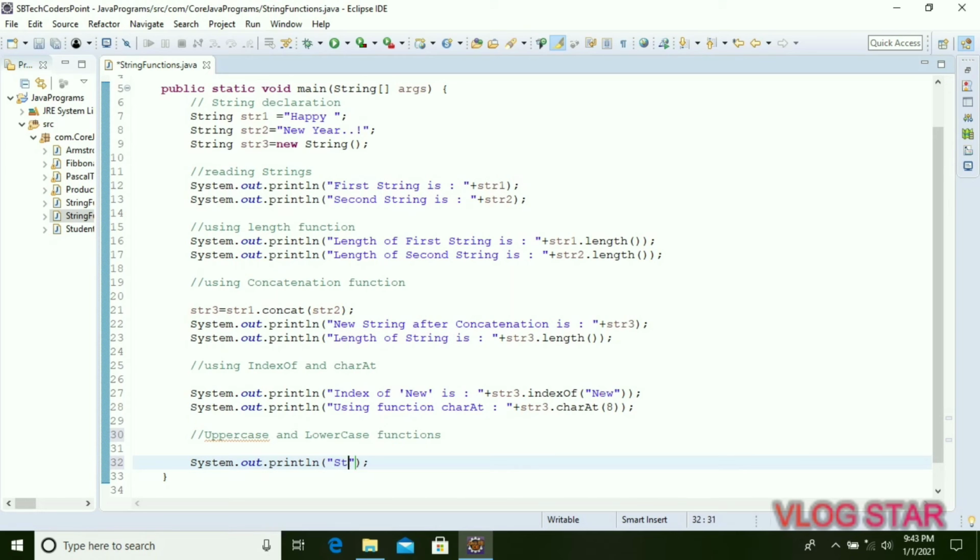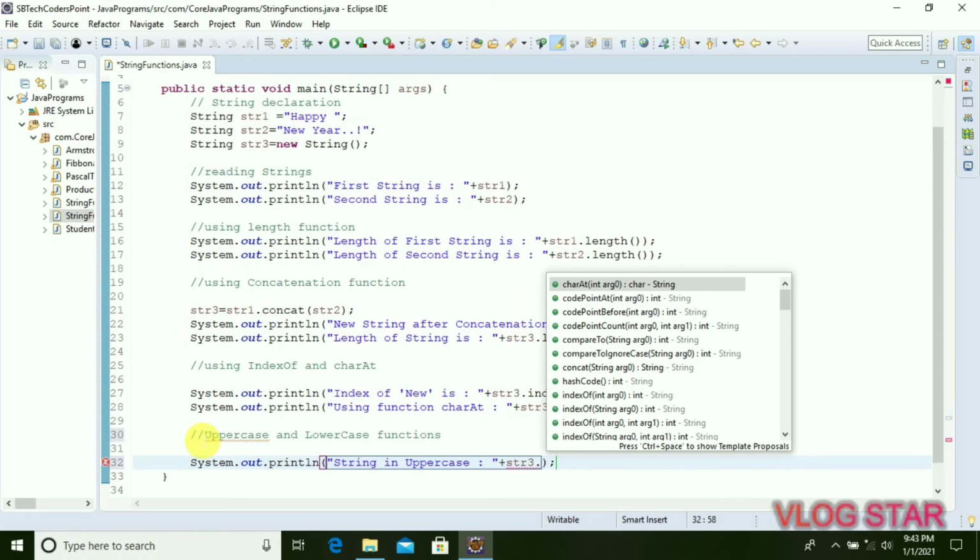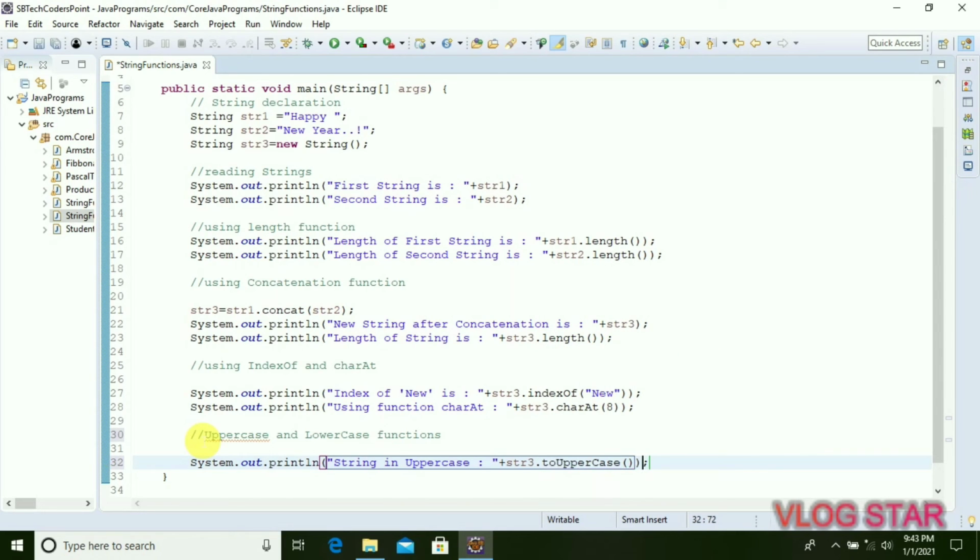So for that we require system.out.println, and here we will print string in uppercase, and here plus str3 dot to uppercase function. So it is here to uppercase.